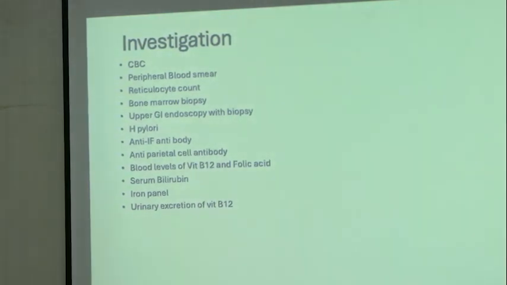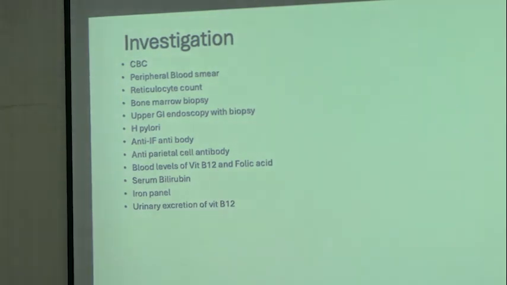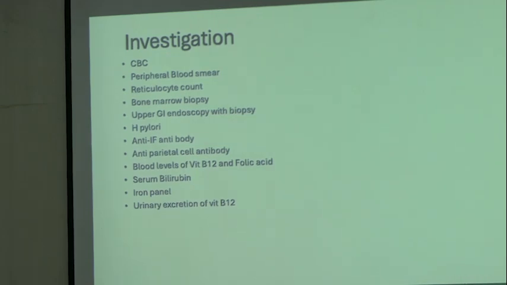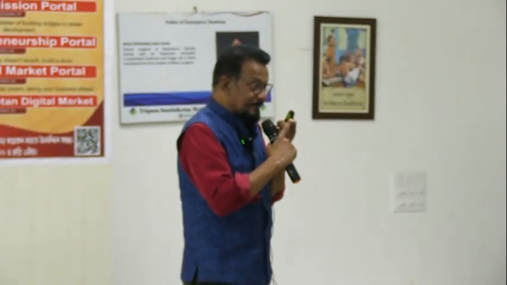Okay? The parietal cells may remain normal, and they may produce intrinsic factor. But somebody is not allowing this intrinsic factor to bind with vitamin B12. It is another antibody which binds with intrinsic factor and inhibits its binding with vitamin B12. This may also be the cause. It is also an autoimmune disease.